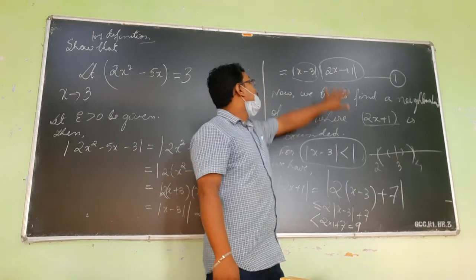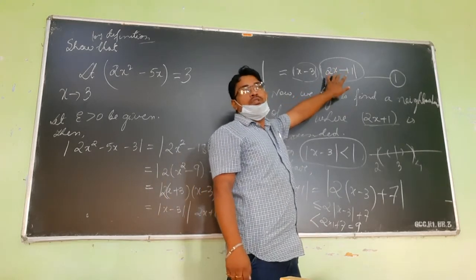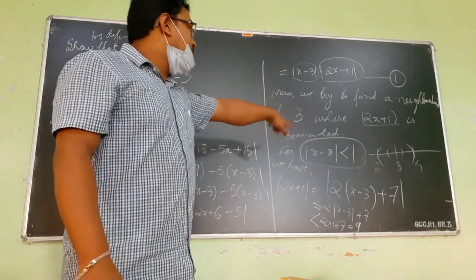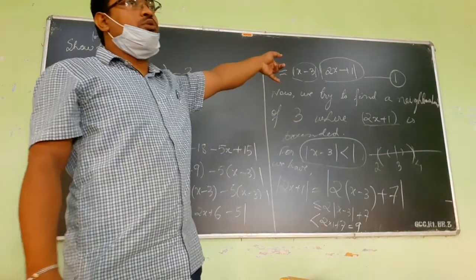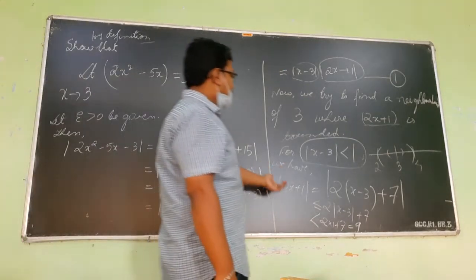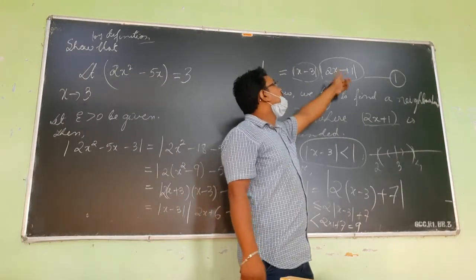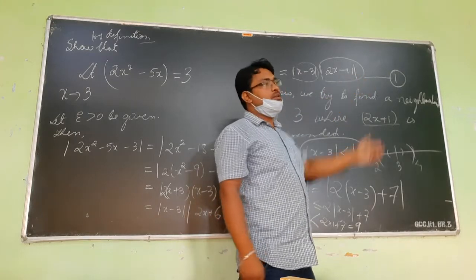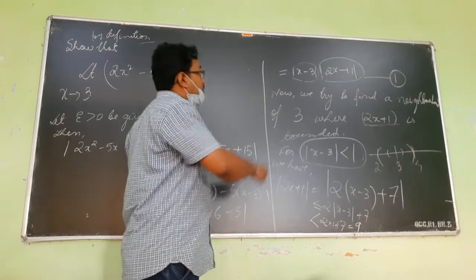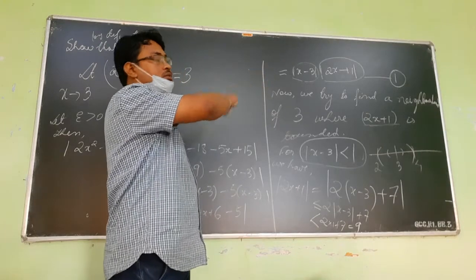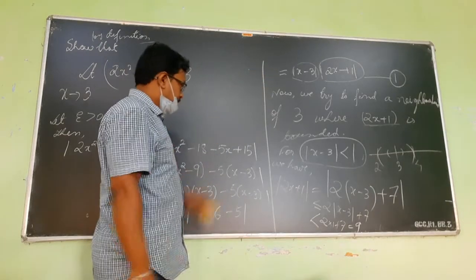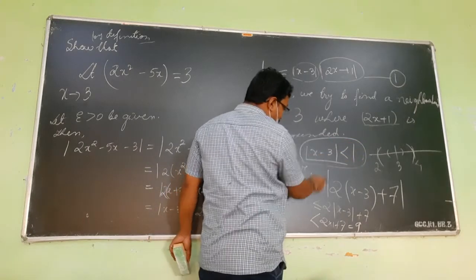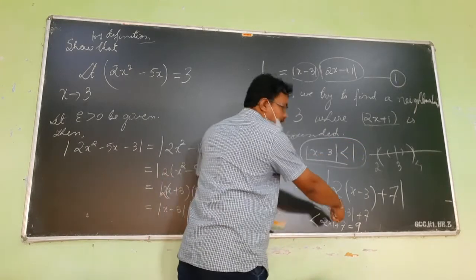Our intention is to find a bound for this. There is no particular method, and there is no guarantee that mod of x minus 3 less than 1 will work. It's not guaranteed. For this particular thing, everything is working because it's a linear function, ax plus b. Anything you take, it will work. But for functions like 1 by x, we have to think a little bit. So inside this neighborhood, this quantity is less than 9.